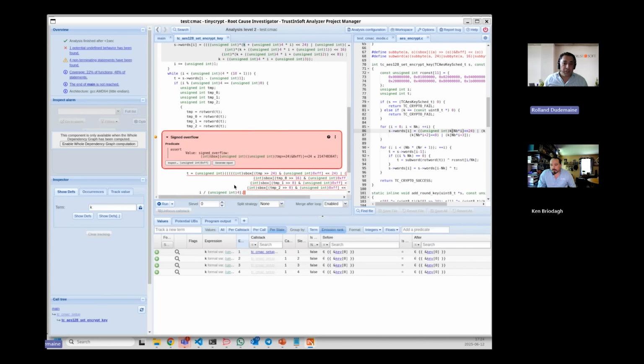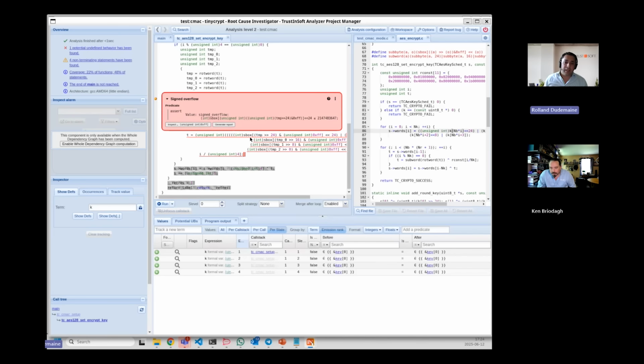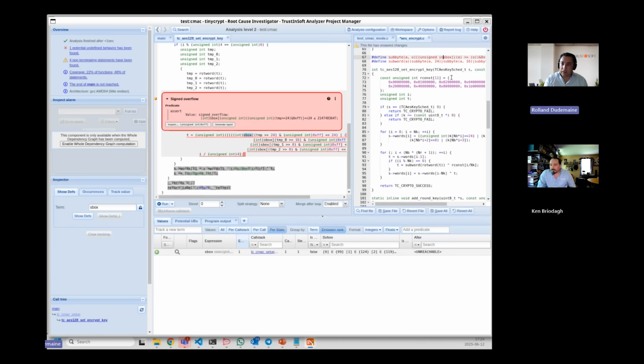But we reach a second bug. And well, that second bug is exactly the same. You see, it's a class 2 int and a shift to 24. So I'm going to be clever here and solve the same issue. It seems like a function call or a macro. There's no macro up there. So probably the solution is to add the unsigned int here.